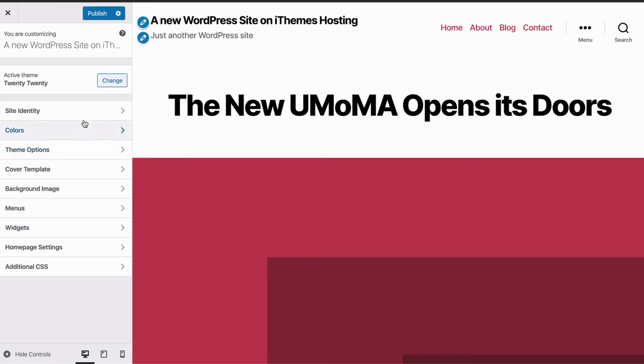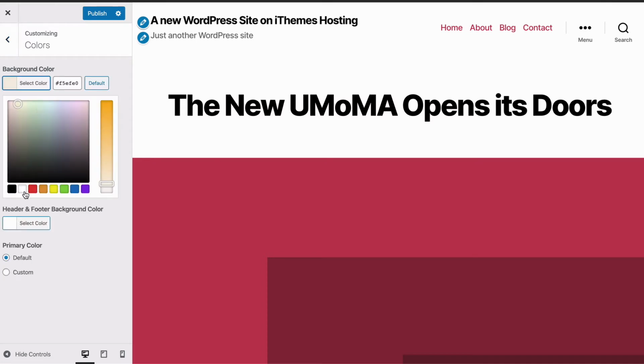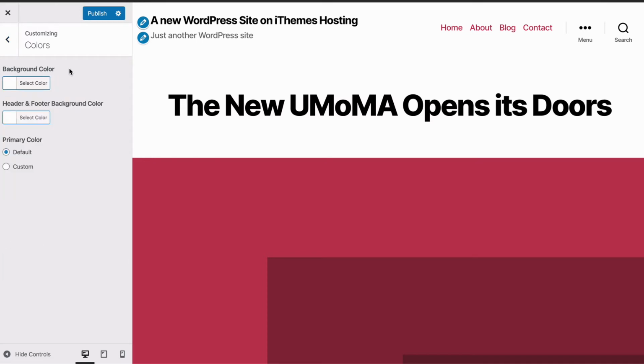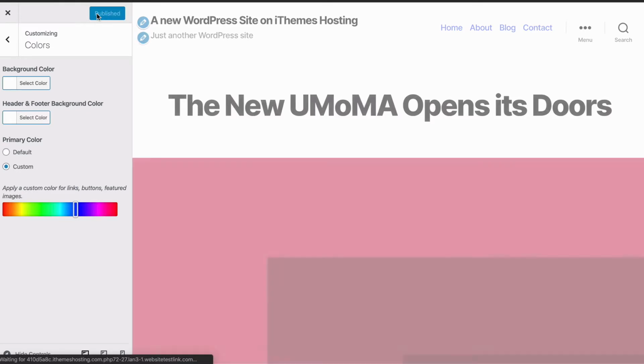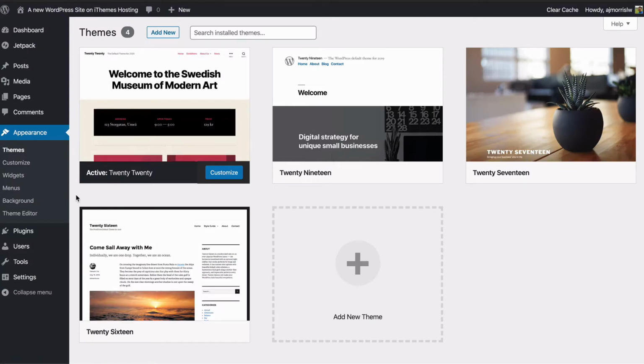Gutenberg plugins. So if you go over to color, you'll see background color. I'm just going to make this white. It just is an easier piece for me. And then I'm going to change the primary color from this reddish color over to a blue. I like a blue color. You can see it up here in the menu. Good. So all right, so we'll go ahead and publish those changes in the customizer, and now we can go back and start to play around with